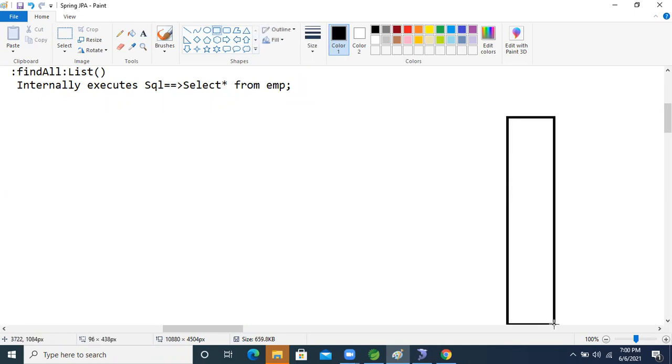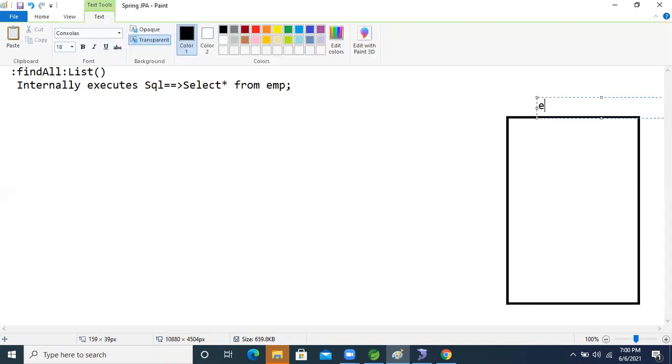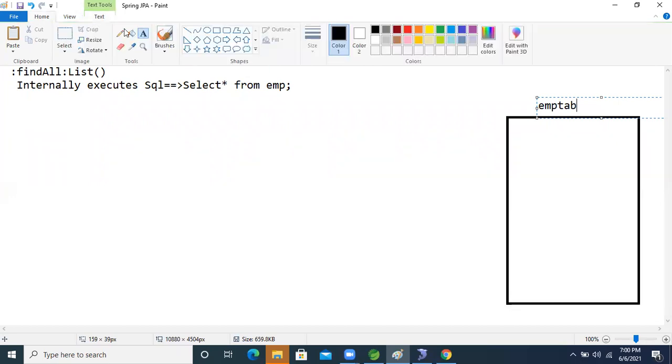Just think about that. This is the database, right? In the database, think about an emp tab. The emp tab is there. Inside this emp tab,